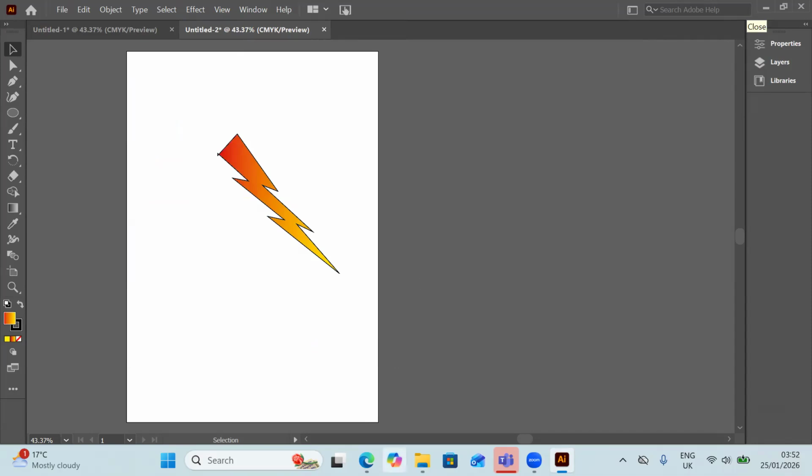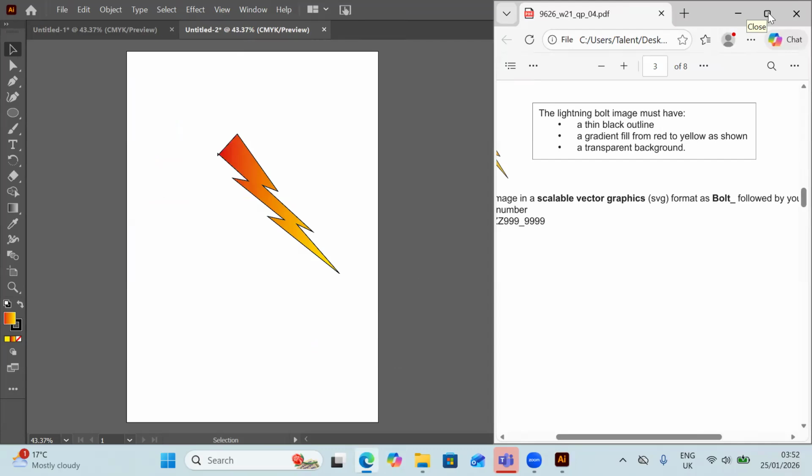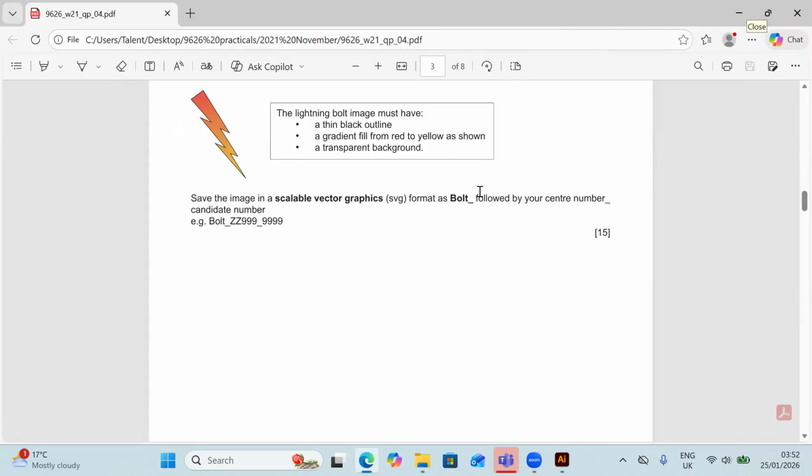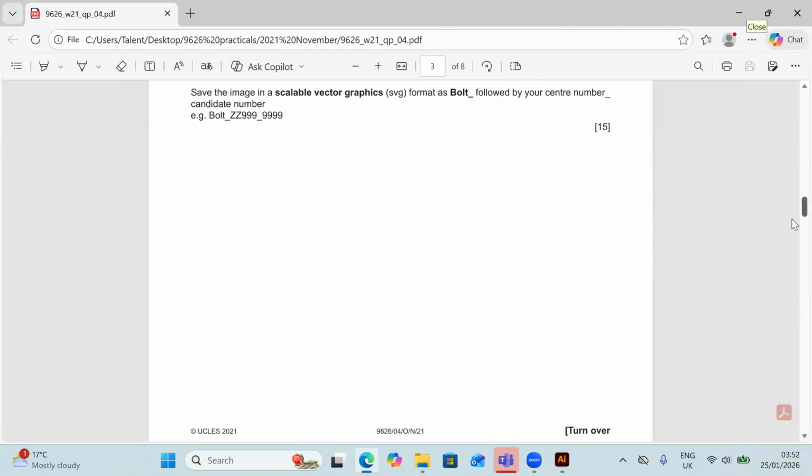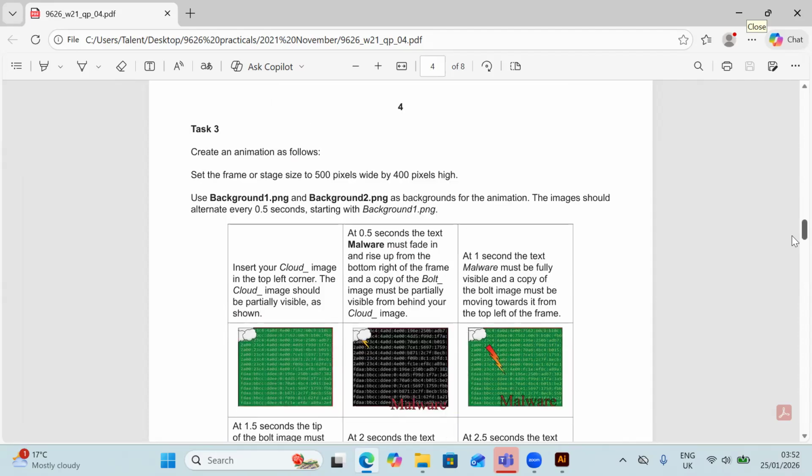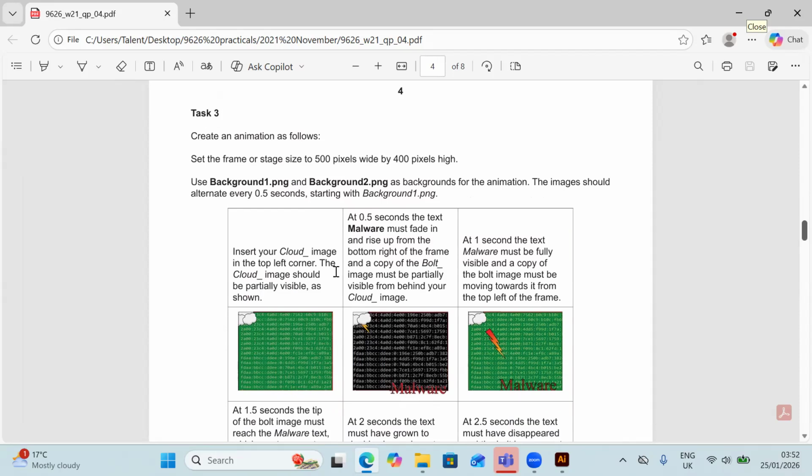Okay. So let's go back to our question paper. Okay, so this is the end of task 2. We'll meet in task 3 where we are now doing the animation. So usually when we are doing animation, just remember that the things that we have created in our graphics creation questions, task 1 and task 2, we will then use those things to create the animation. Okay, so it's bye for now. We'll meet in our